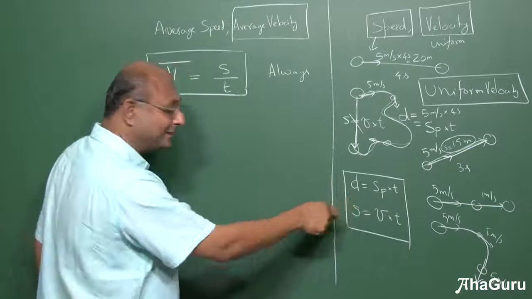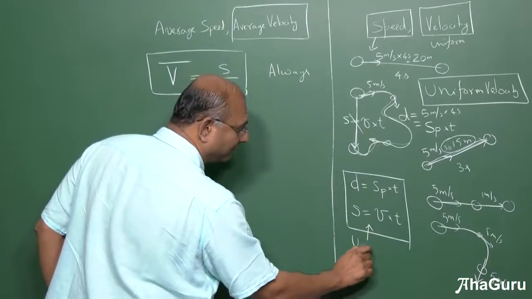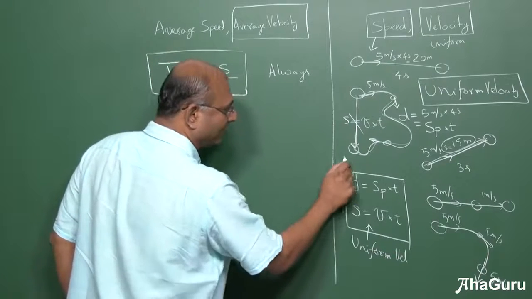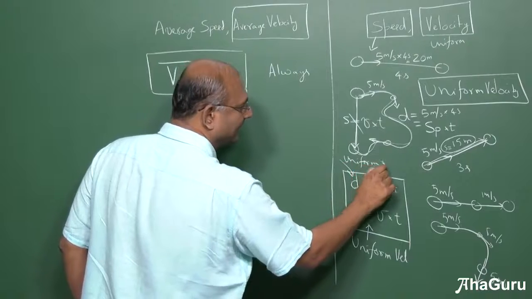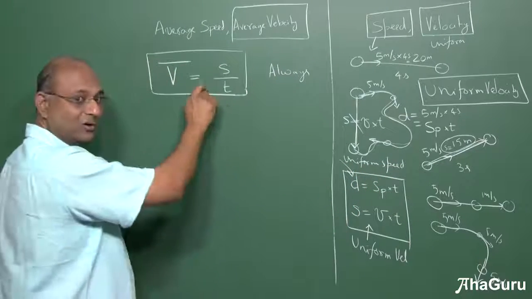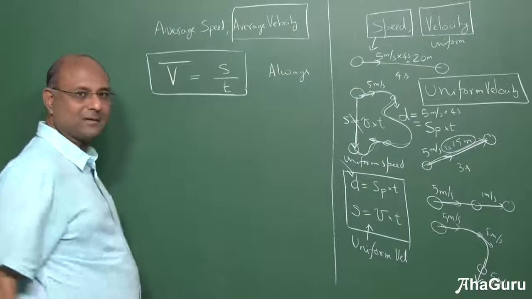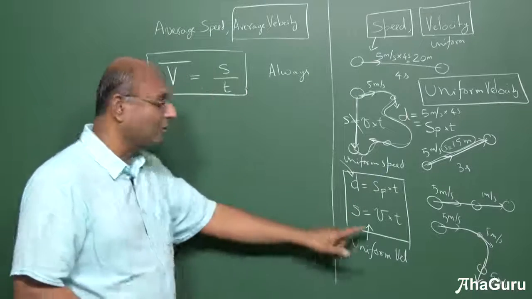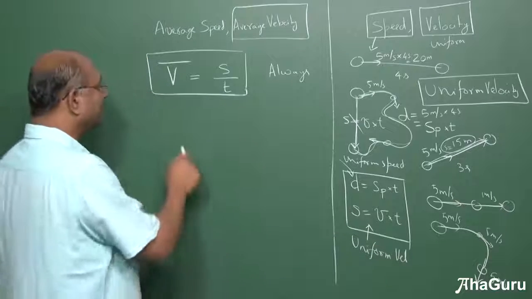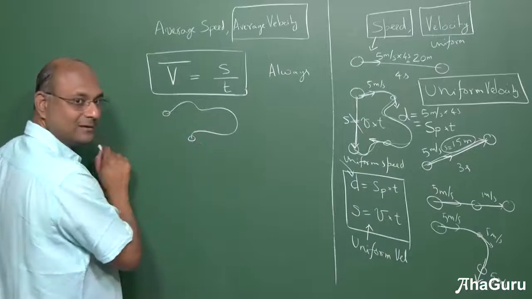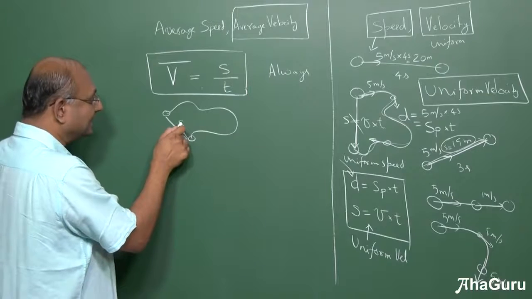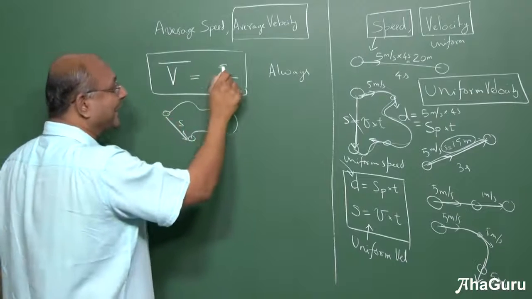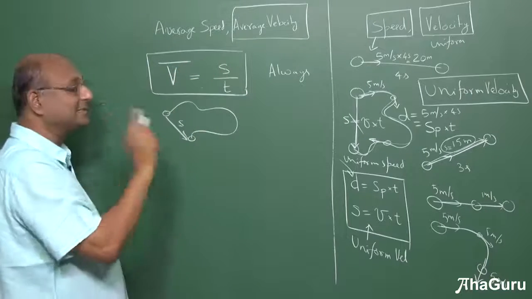Velocity into time is displacement only for uniform velocity. This is true for uniform speed. This is true always. So it's also true there. So if it is uniform velocity, average velocity is uniform velocity. But many cases you will have average velocity. You cannot talk about uniform velocity because velocity was changing. So if this fellow goes around like that, displacement is this. Displacement by the time it took is equal to average velocity. So direction of displacement and direction of average velocity is the same.